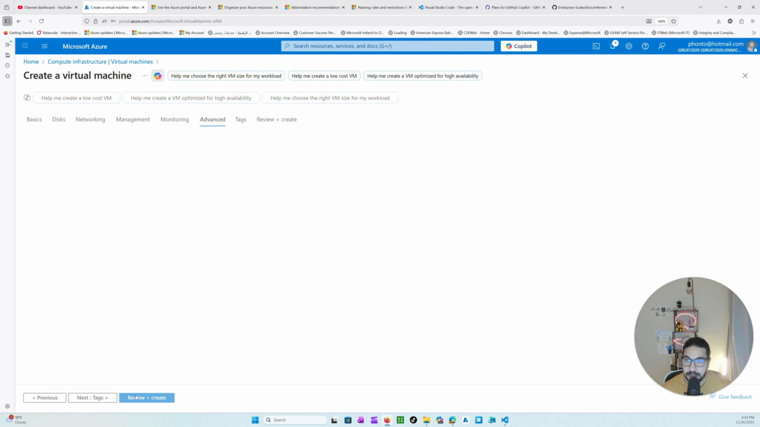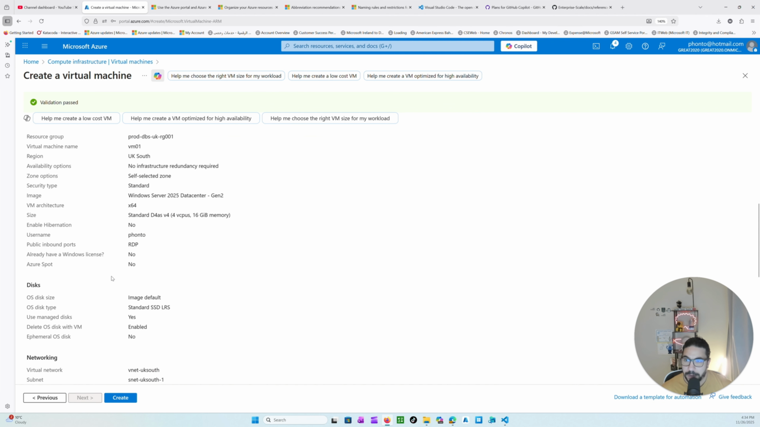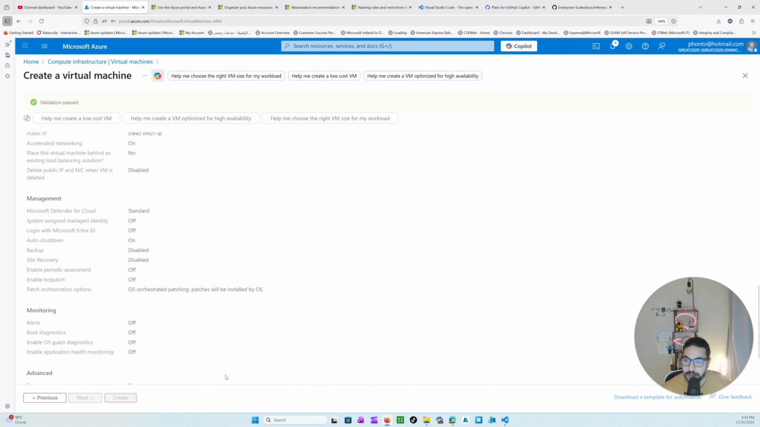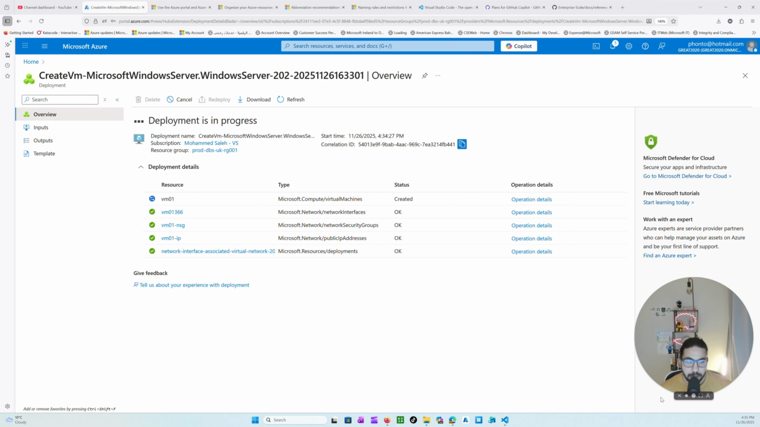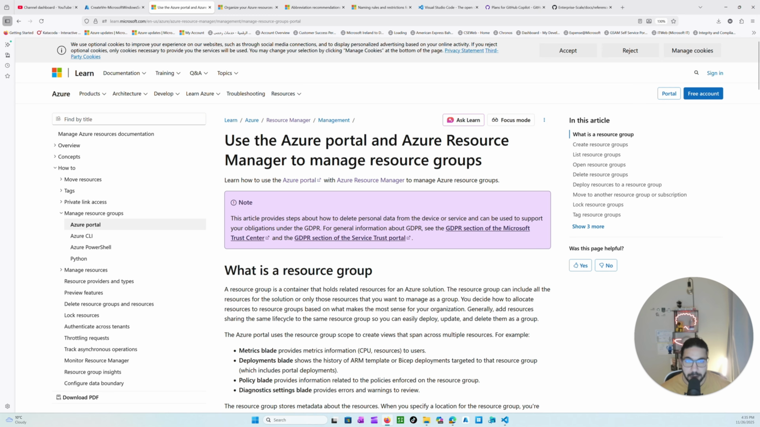And then, as you can see here, I'm just gonna create this virtual machine. This is just showing me the confirmation that it's gonna create this virtual machine. So I will just hit create. So while this is creating, let me just show you the documentation as well, and I will leave it in